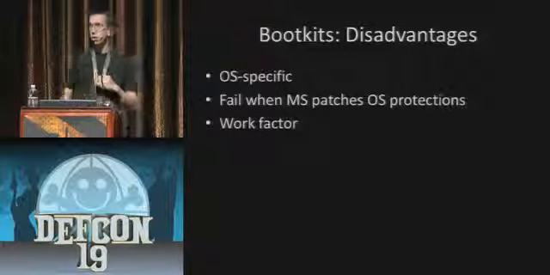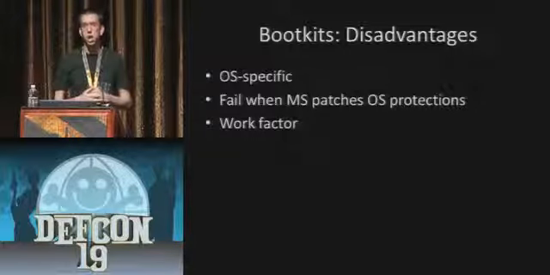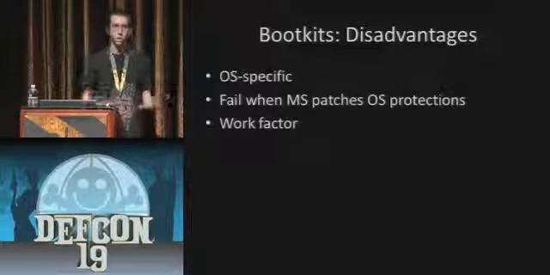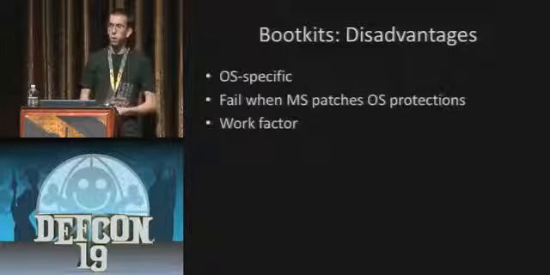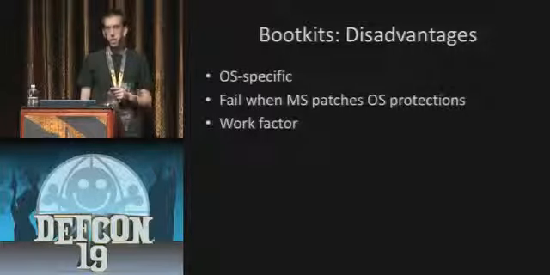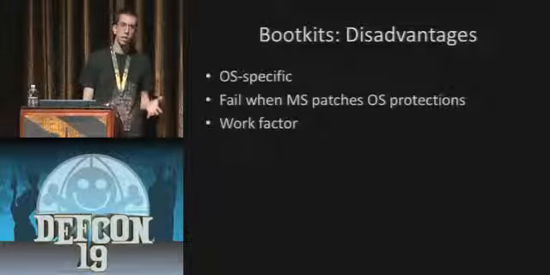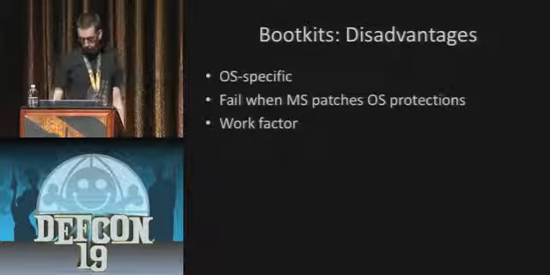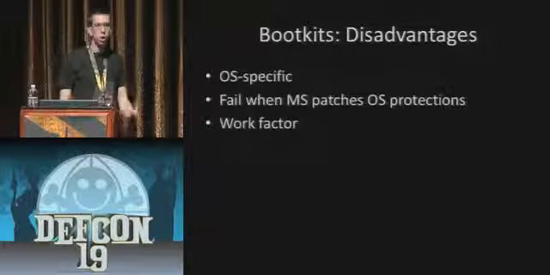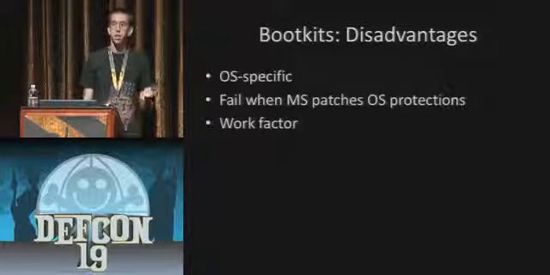Also, if you're spawning a rootkit with this, what happens a lot of times is Microsoft will update PatchGuard, which will then crash your system, and that's happened to a lot of the bootkits here. So it takes a lot of work, and like I said, we're all lazy hackers, so that seems like some difficulty. One illustration for this, the Stone bootkit was presented, like I said, a couple of years ago in 2009